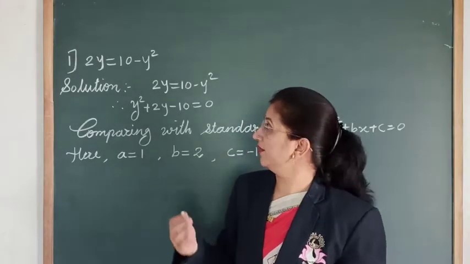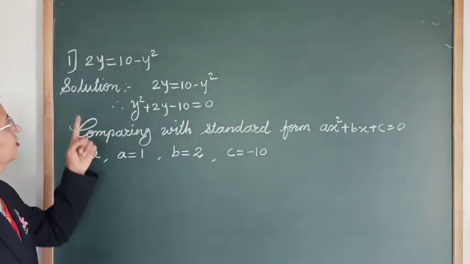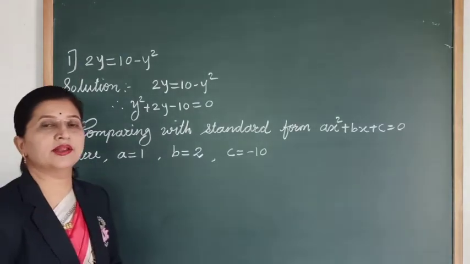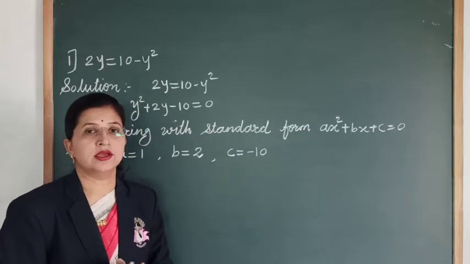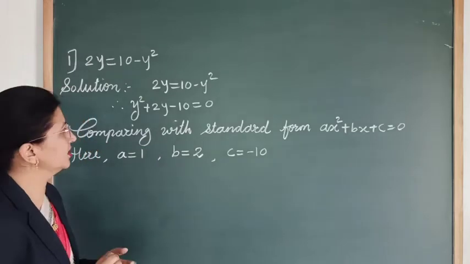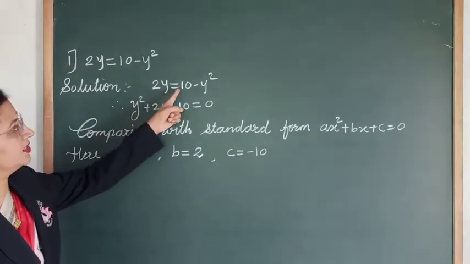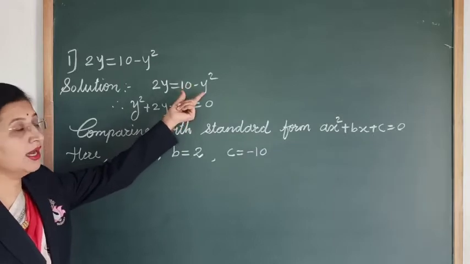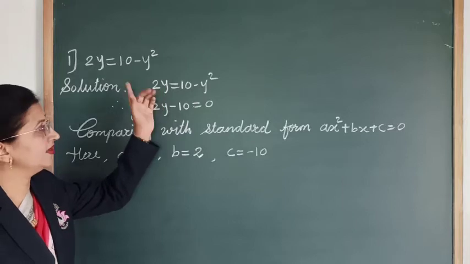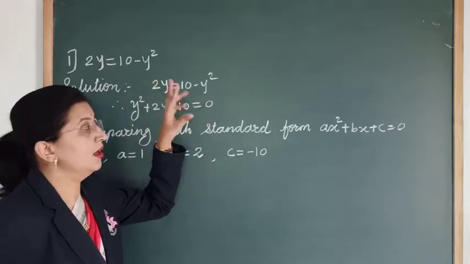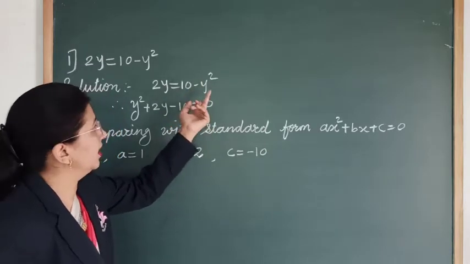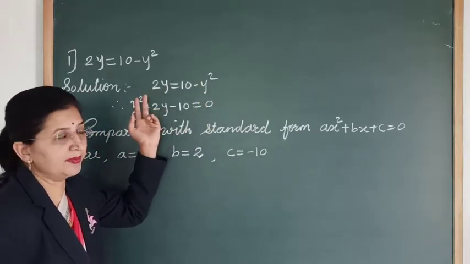So dear students, here we have the first equation, that is 2y is equal to 10 minus y square. So here we have to write the values of a, b and c. So first of all, we have to write the given equation in the standard form. Okay, so let's write down. So here 2y is equal to 10 minus y square. So we want the RHS as a 0. So let's take these terms to the LHS. And always keep it in mind, the term with the square, that should be positive only. So here it is given negative, so let's take it to the LHS so that it will be positive.